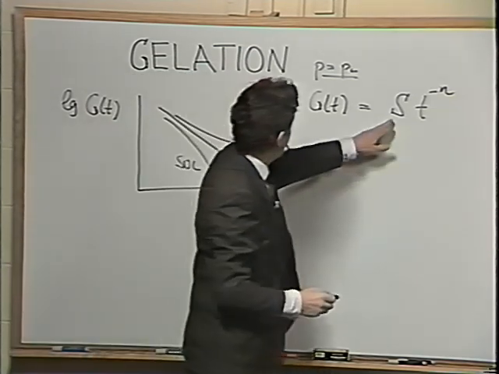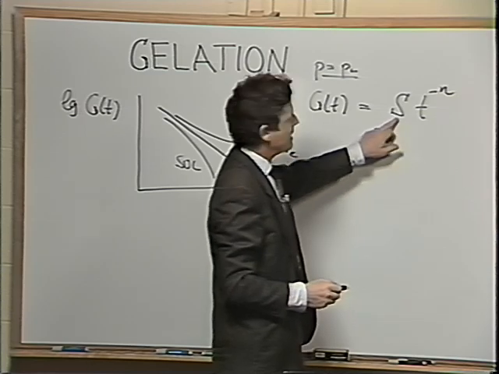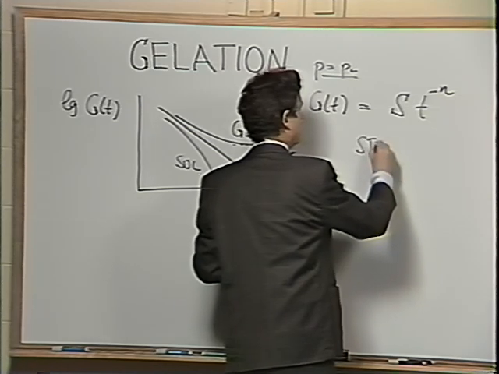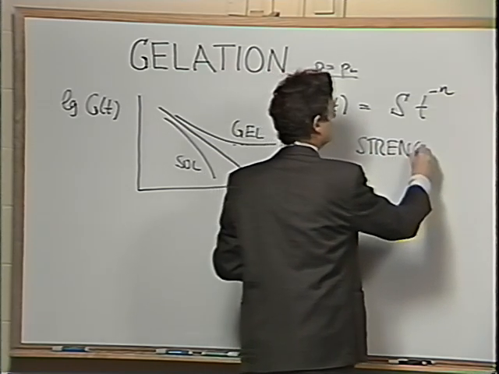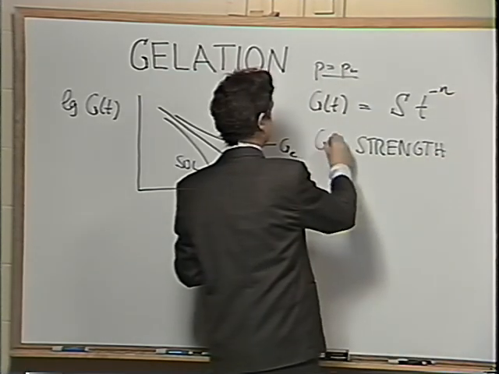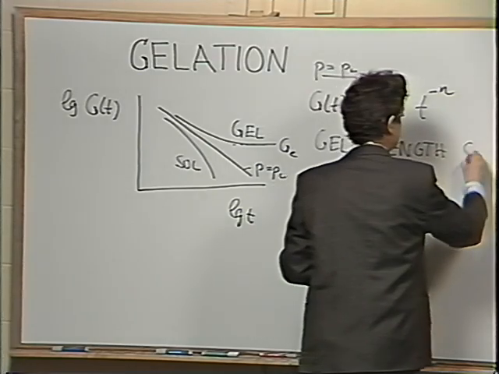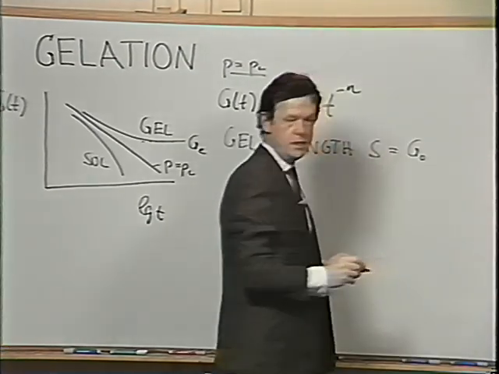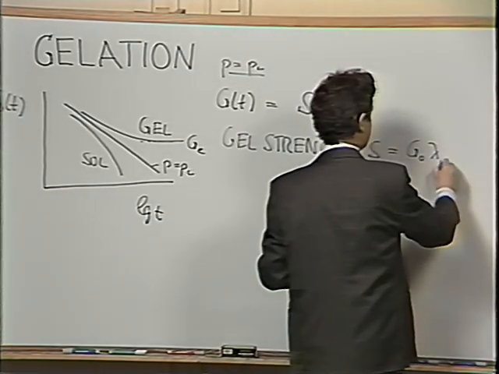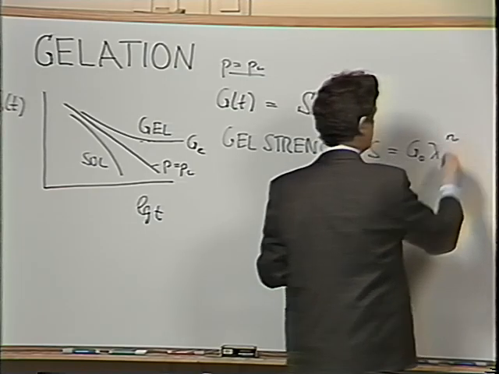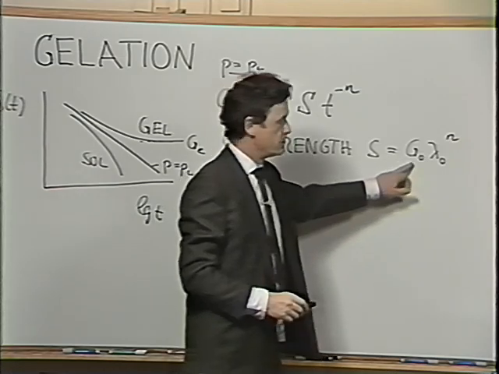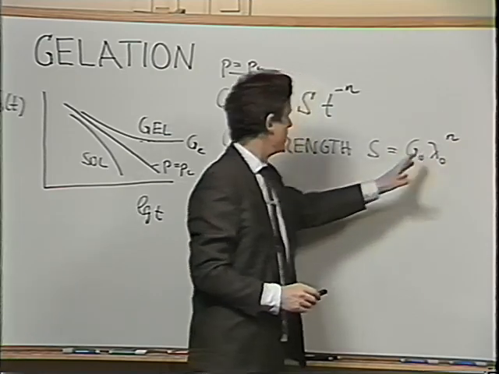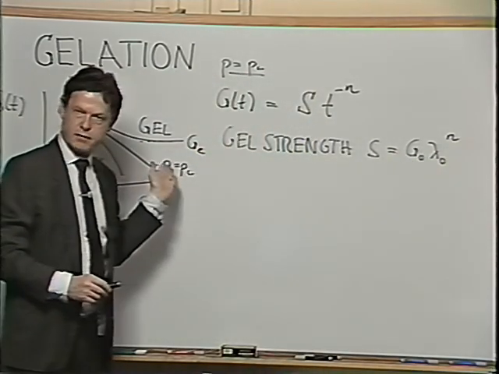Now, the dimension of S is Pascal times second to the n. Therefore, the gel strength, S is often decomposed into a modulus, let's call that G0, times a characteristic relaxation time, lambda 0 to the n. We have to specify what this modulus is and what this characteristic time is. So far, we only know that this is one constant, and we could determine that constant if we have data to